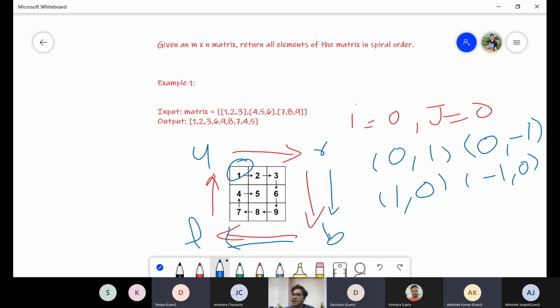I can have a matrix where I maintain which elements I have already seen. So I create another matrix which is initially false. Whenever I traverse, I mark true. And suppose from here to here, we check if it is already true, we do not need to traverse, then we move to here.